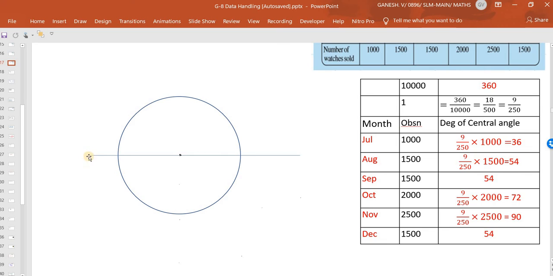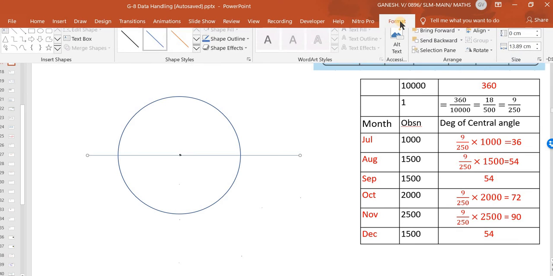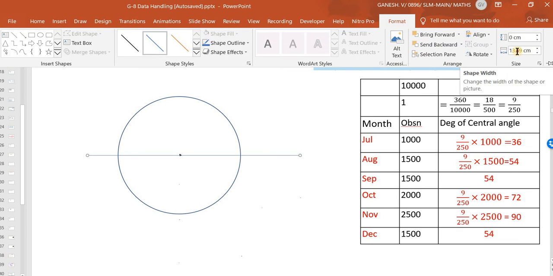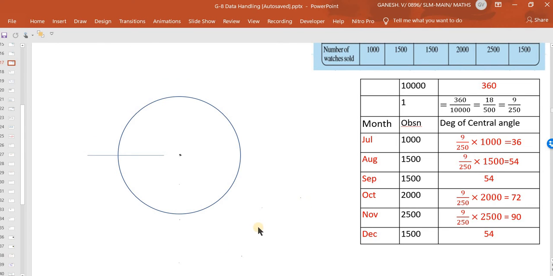And this line, whatever the length is, I can reduce its length and make it a horizontal line passing through the center, a radius or a little bigger than the radius. So I can make it 5 centimeter. Now it is there, but I'll bring it to the right of it.